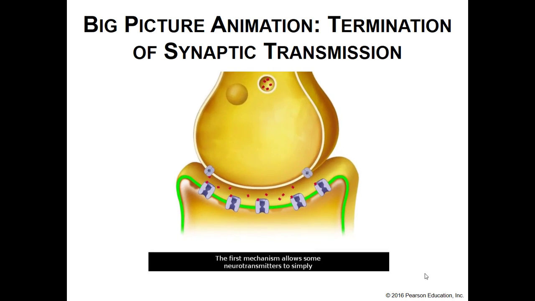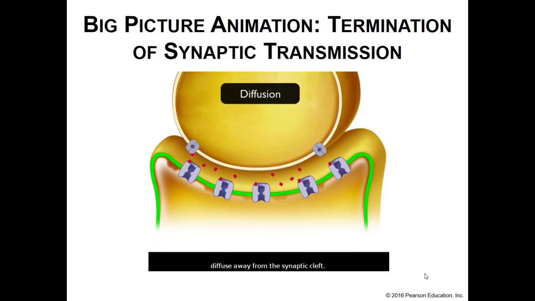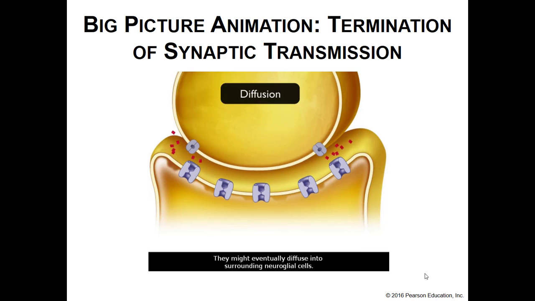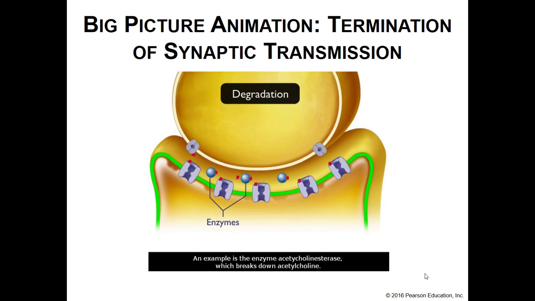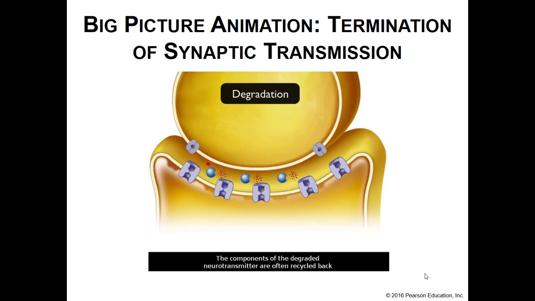The first mechanism allows some neurotransmitters to simply diffuse away from the synaptic cleft. They might eventually diffuse into surrounding neuroglial cells. Another mechanism for synaptic transmission termination is degradation of the neurotransmitter by an enzyme in the synaptic cleft. An example is the enzyme acetylcholinesterase, which breaks down acetylcholine. The components of the degraded neurotransmitter are often recycled back to the presynaptic neuron and then reused to synthesize more